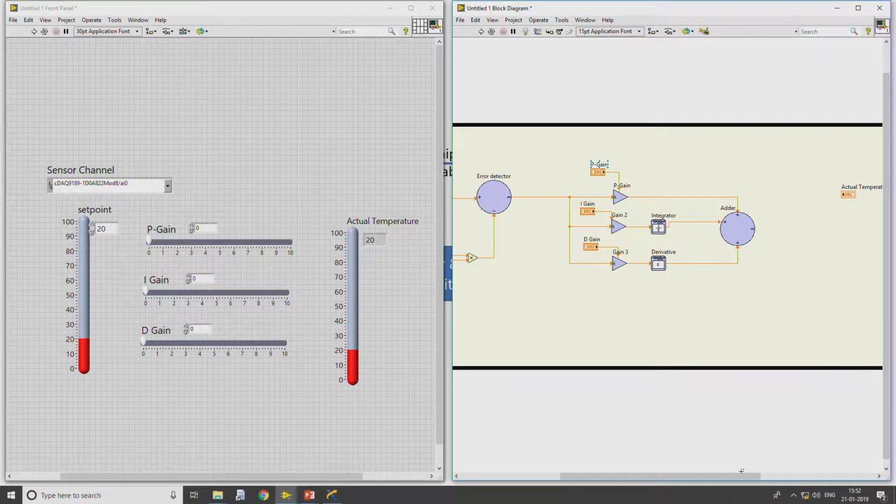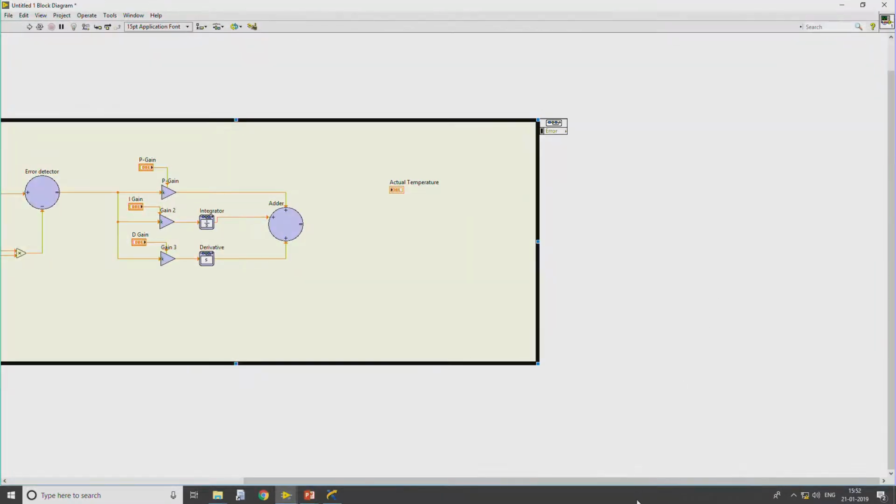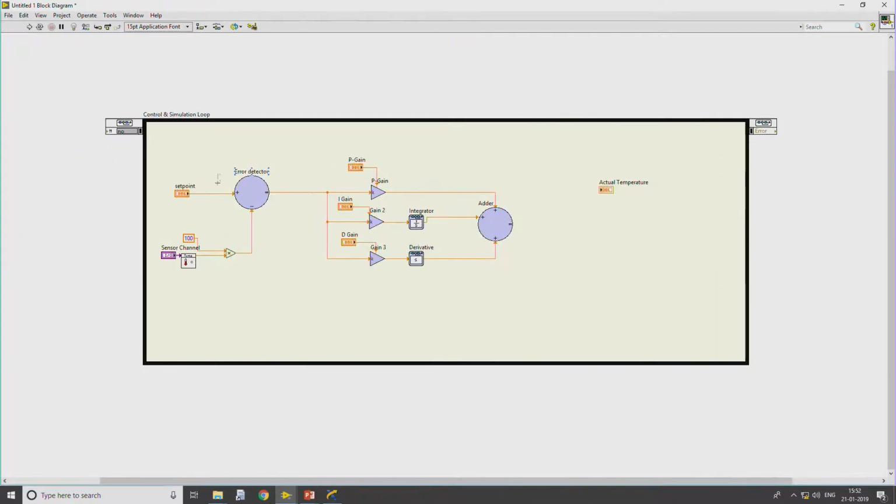So what we have done is created a complete system with the error detector, the set point connection, as well as the sensor data with a signal conditioning system. So this is the set point. The user can provide, like comments, the required temperature for the plant to operate.